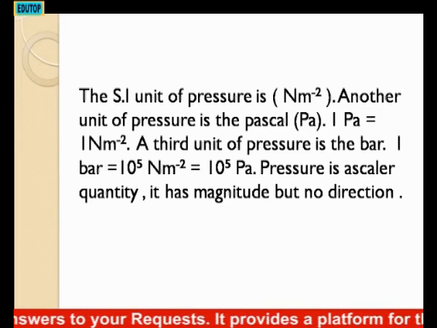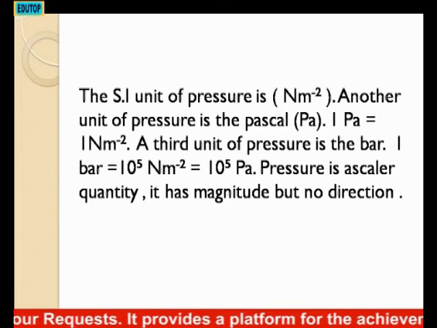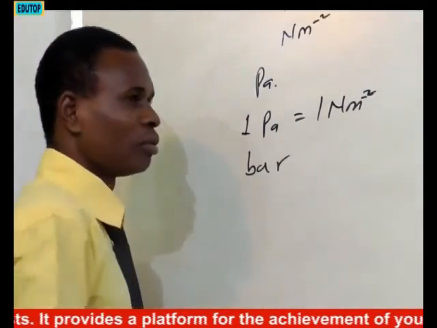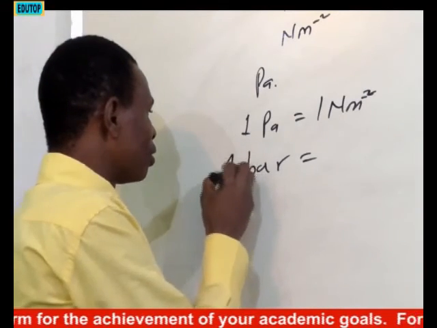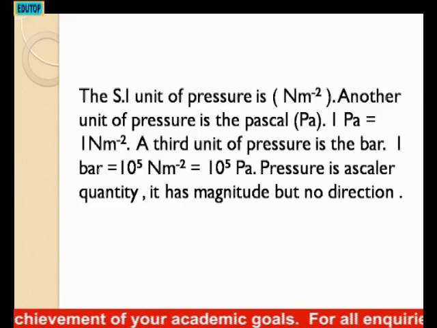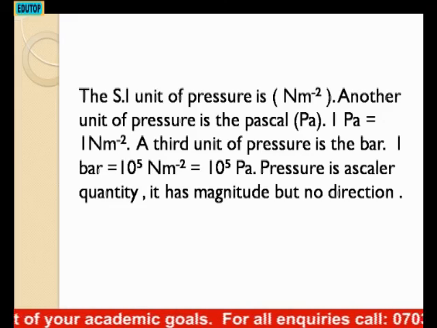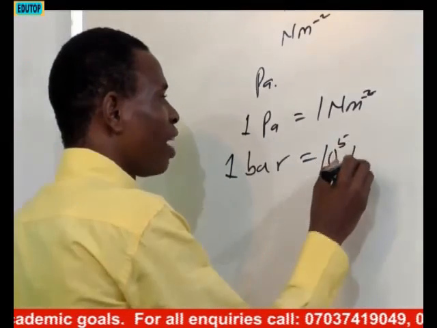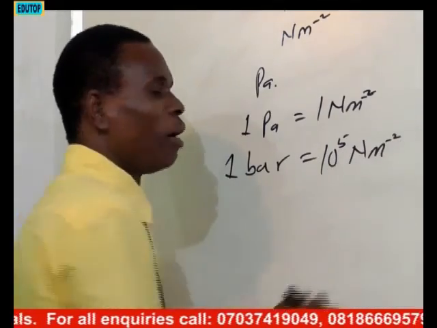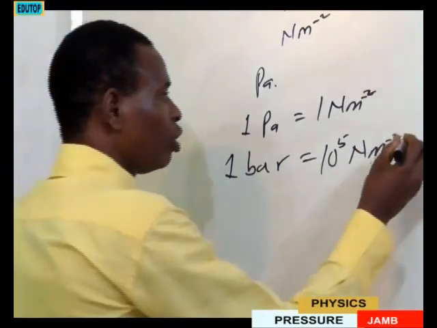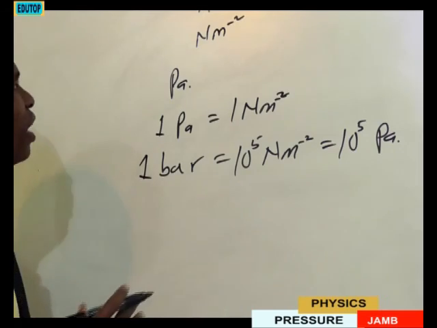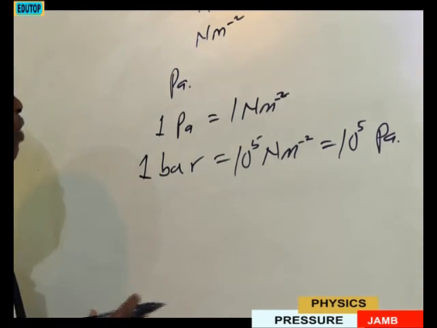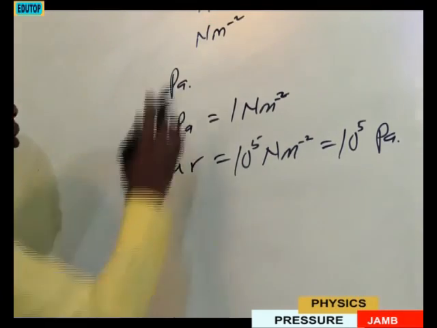Then we have a third unit of pressure, which we call bar, B-A-R. 1 bar is equal to 10 raised to power 5 Newton per meter squared, which is also equivalent to 10 raised to power 5 Pascal. These are the various units of pressure. Apart from Newton per meter squared, it is also measured in